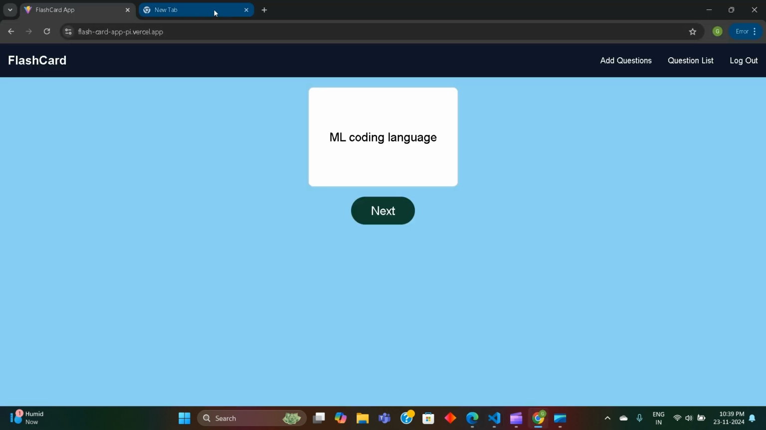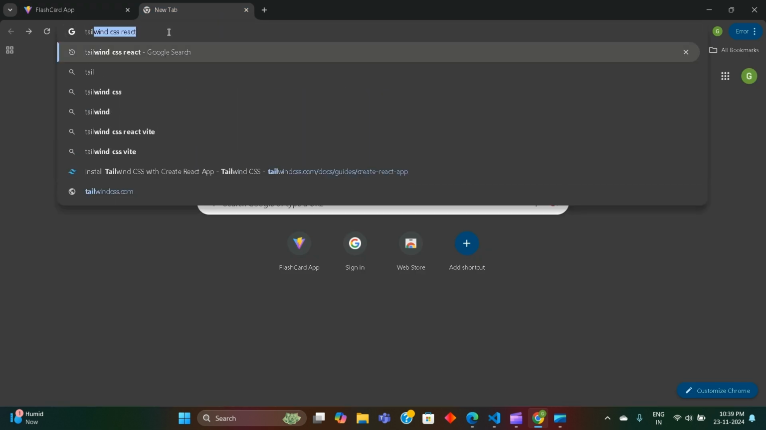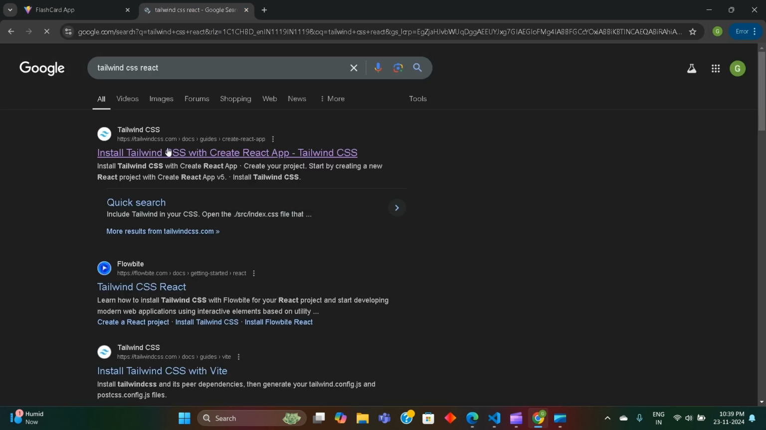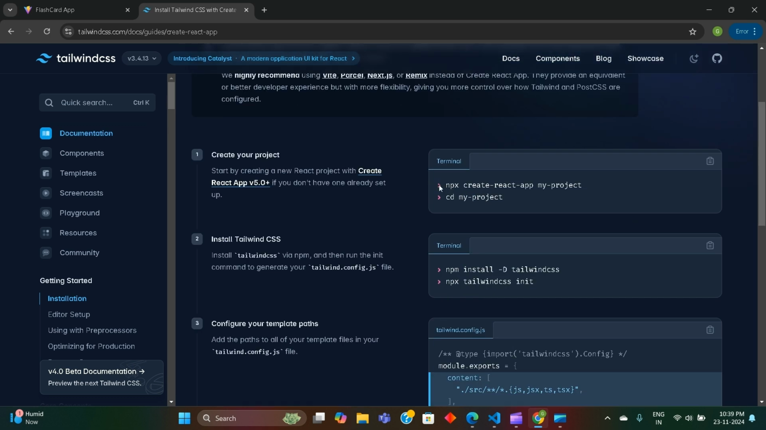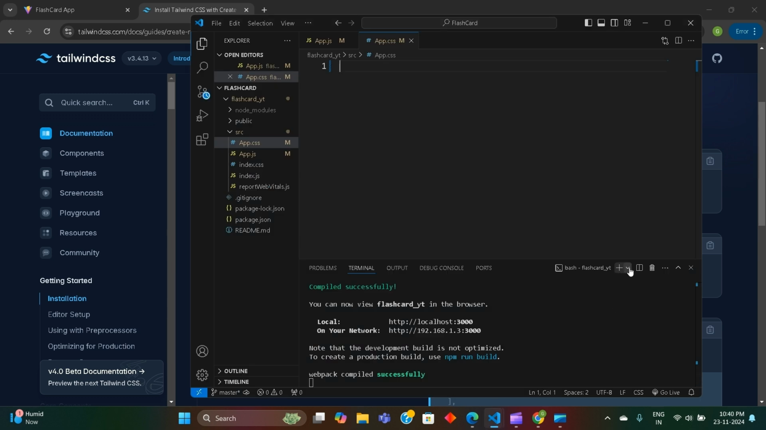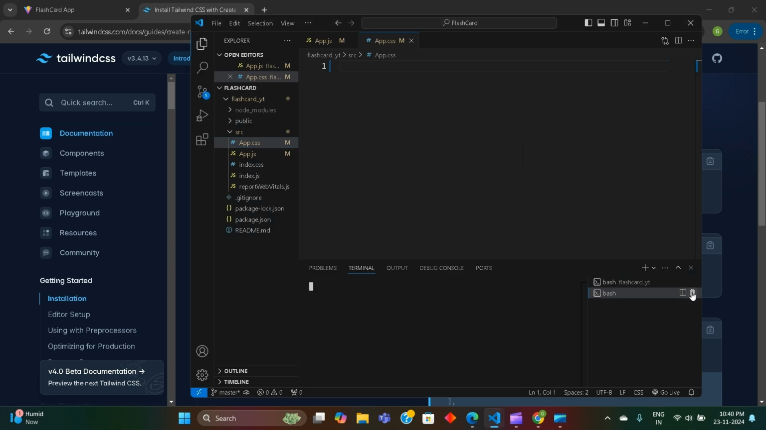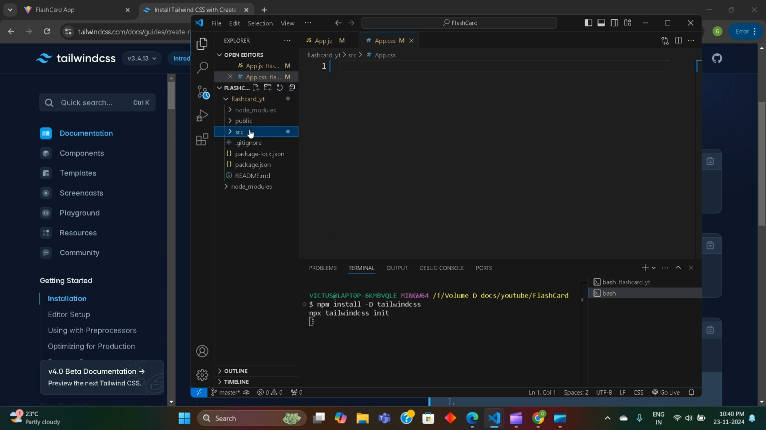Now we will install Tailwind CSS. For that, search Tailwind CSS React. Go on the first link and here you can see we have done these two steps. So we will not do this, we will start from this. So copy it and you can fire up a new Git Bash here, paste it and enter. So what it will do, it will install the Tailwind CSS library in it and then you can use